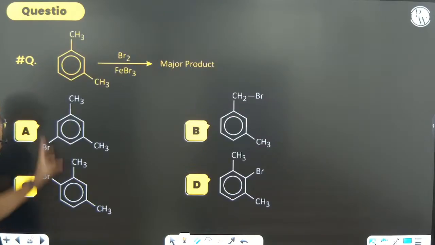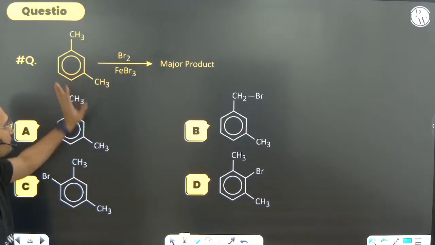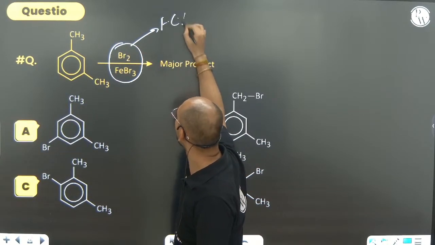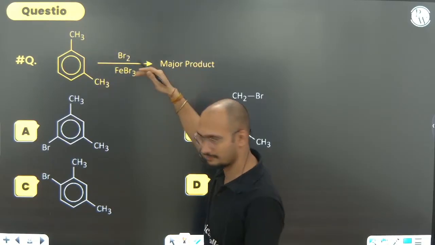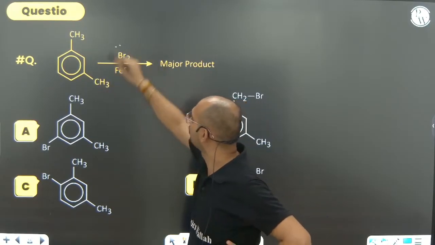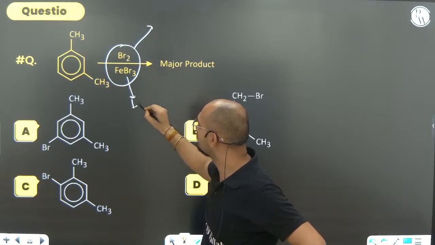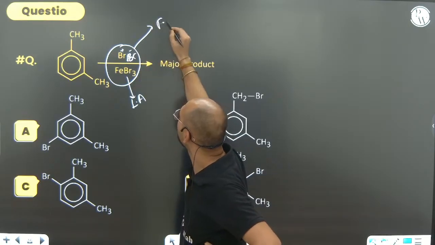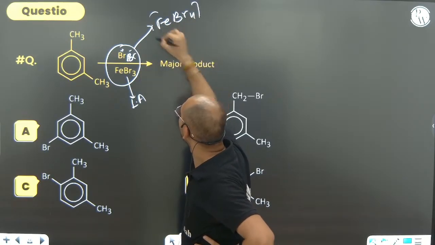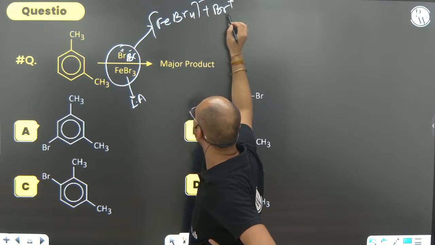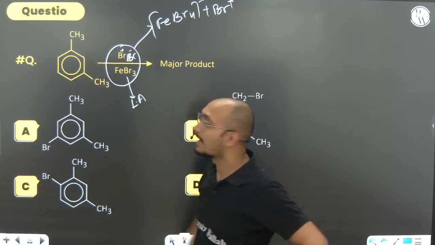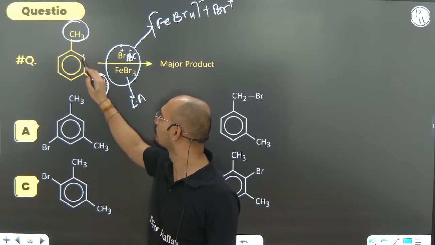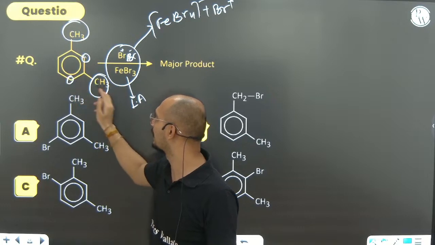Okay, move ahead. Here, what is the major product? What is the reaction? First of all, I hope you all remember, it is Friedel-Crafts alkyl, sorry, not alkylation, it is a halogenation reaction. What will it convert into? Because FeBr3 is acting here as the Lewis acid, it will take Br2 and break it into Br plus and Br minus, FeBr4 minus plus. Along with that, where will you make this Br plus attack? Because you can see that this is also ortho-para, this is also ortho-para. So where will it attack? Here is its ortho, here is its para, ortho here and its para here.